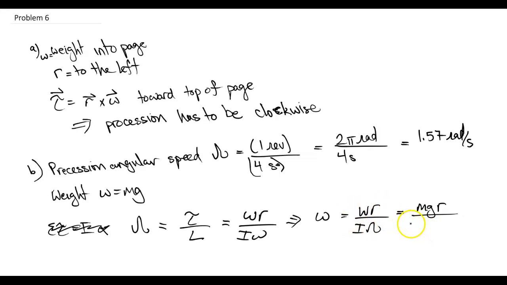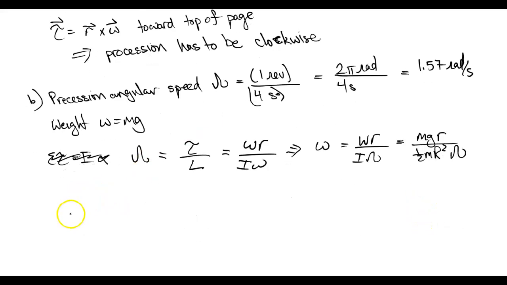R, I is 1/2 M big R squared times omega. And now we can say that the angular velocity is, this 1/2 turns to the top, it becomes 2 times the mass. The masses cancel, right? So times 9.8